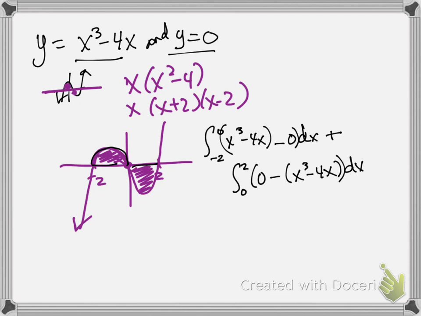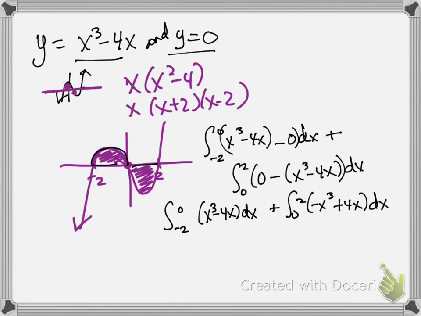So all together, let's try to put that together. Negative 2 to 0 of x cubed minus 4x dx plus 0 to 2 of, that would make it negative x cubed plus 4x dx. All right, so then taking the integrals, that would be 1/4 x to the 4th, minus 4x squared over 2, or 2x squared, from negative 2 to 0, plus